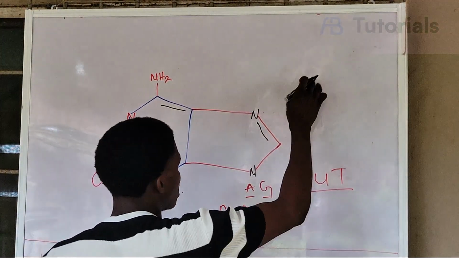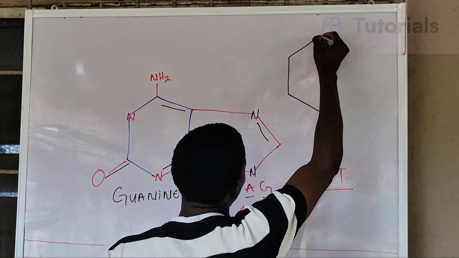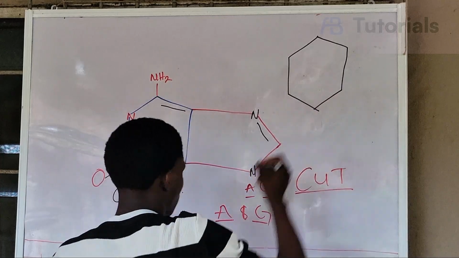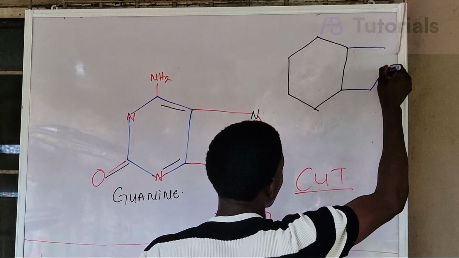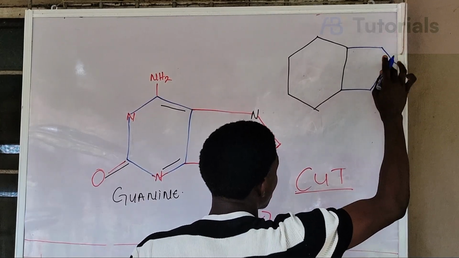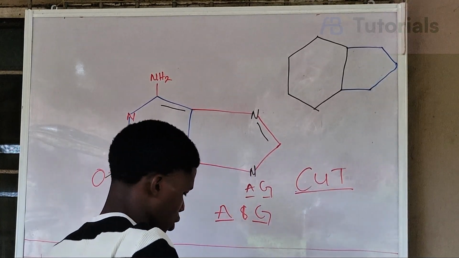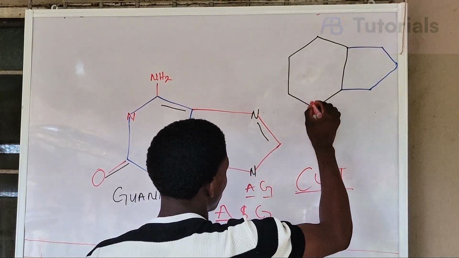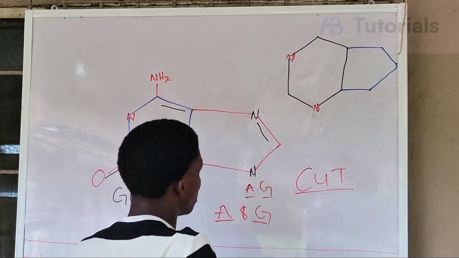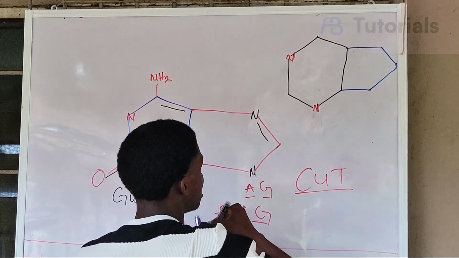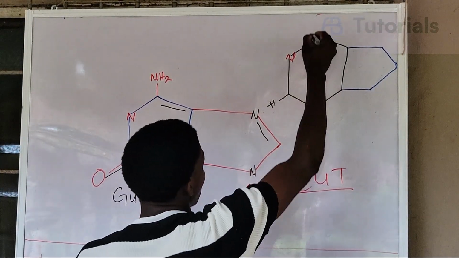So let's draw the structure. It is a purine, right? So it needs the pyrimidine structure and another ring. Okay, I hope you understand this. So how do we draw? The first thing is our double N. Nitrogen 1, 2, 3 here. Nitrogen. Okay, the next thing is, should I add oxygen? No, so I will just add a hydrogen and